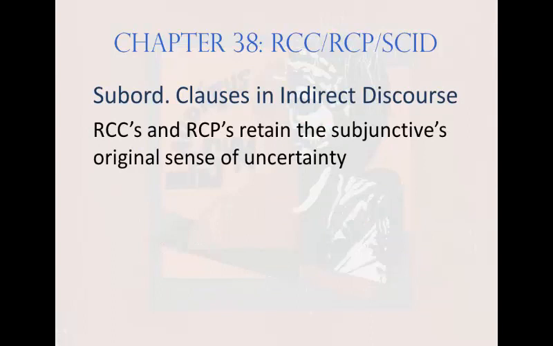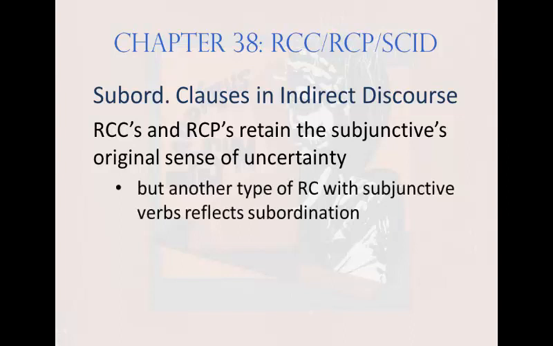Note that RCCs and RCPs are similar in another respect. They both build on the subjunctive's original sense of uncertainty. That is, he's the type of person who would have done it. Maybe he did, maybe he didn't, but you can't count him out. Or, he's the person I sent to do it, but I'm not saying he actually completed the task. Both show uncertainty. There is yet a third kind of relative clause, which takes a subjunctive verb, but this one